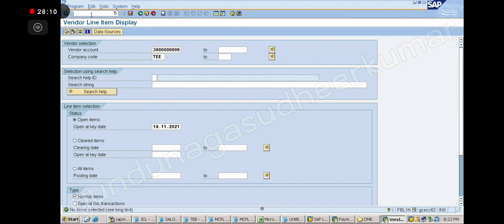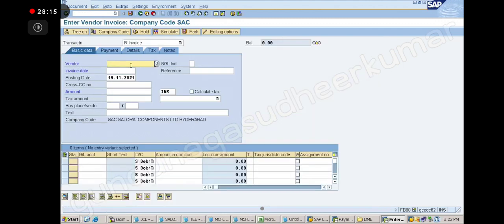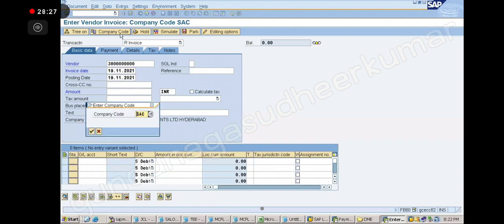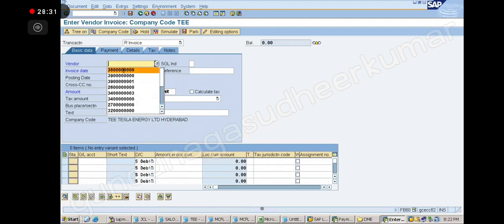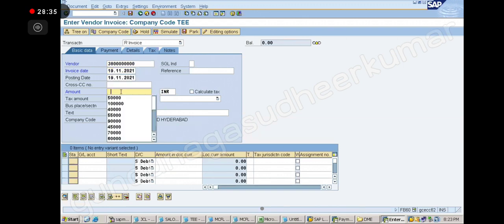Open items. So what I will do, I will put one open item to do the bank transfer. The vendor number is 38. Let's say company code, and how much you want to give?